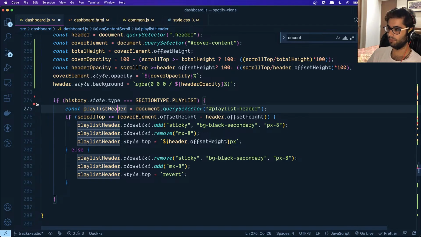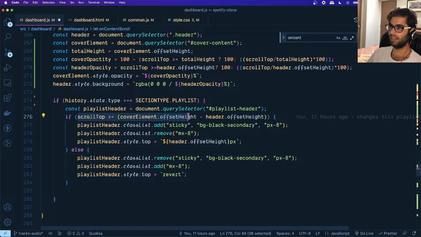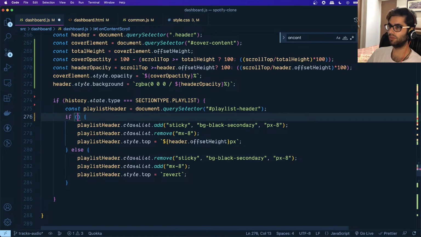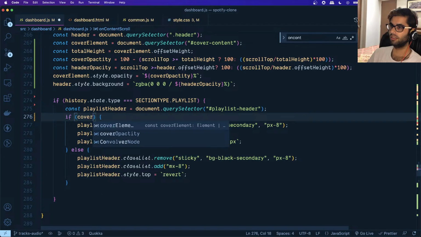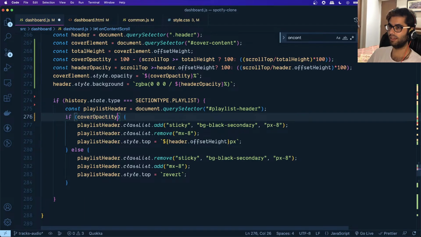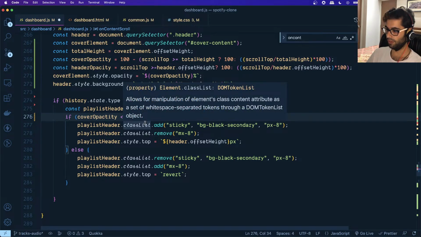For this particular part we will check, instead of the height and width, how much the cover opacity is, how visible, how opaque the cover element is. So if the transparency is less than or equal to 35, the value which we have calculated over here, what we will do is